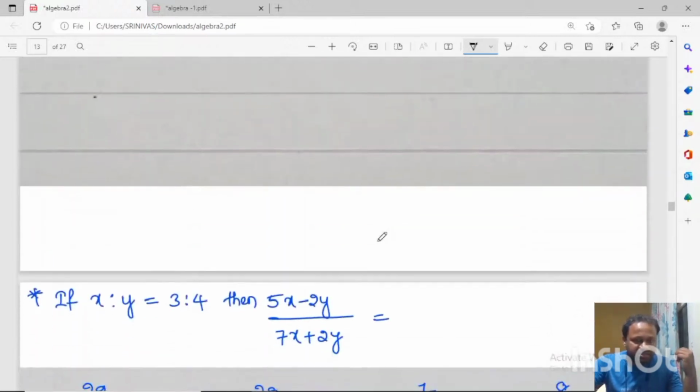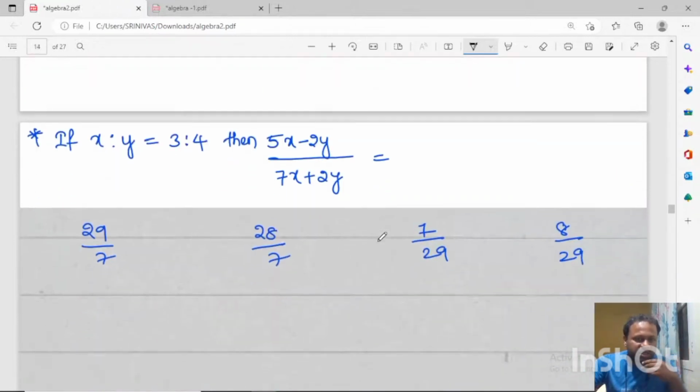Next, you can do another problem. Okay, this much of problems you have, you can solve these. In next class we will check these problems, and after that we will move on to